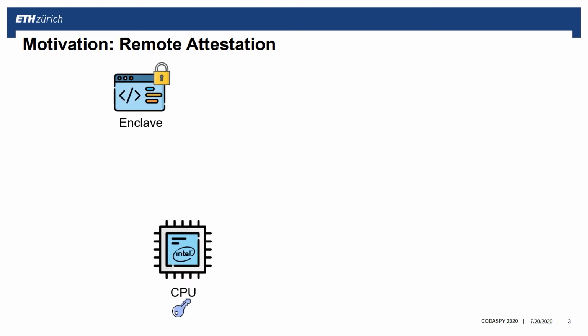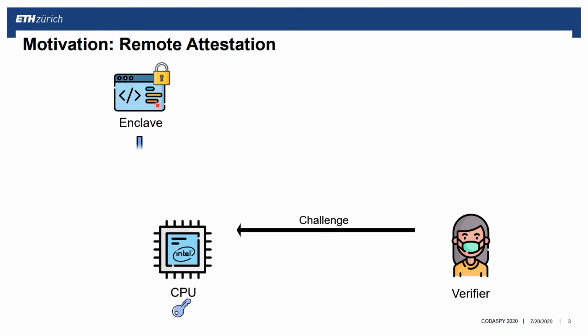Another important feature of Intel SGX is remote attestation, which ensures that users can verify the enclaves they are running on the platform. For example, you have your Intel CPU that comes with a key that is burned into the fuse during the manufacturing process, which proves that you are actually in possession of a legitimate Intel processor. You have your enclave. Now as a verifier, she wants to know whether this enclave running on the processor is legitimate or not. So the verifier issues a challenge.